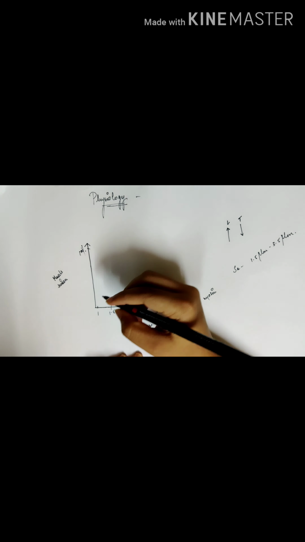Here the sarcomere lying in this area will have a length like this, and in case of this area the actin and myosin will be very far from each other. It means they will be in very less contact from each other as compared to the other areas. Now talking about multifidus, it lies in this area of the length tension relationship, which means there is a gradual slight increase in the tension as the length increases.